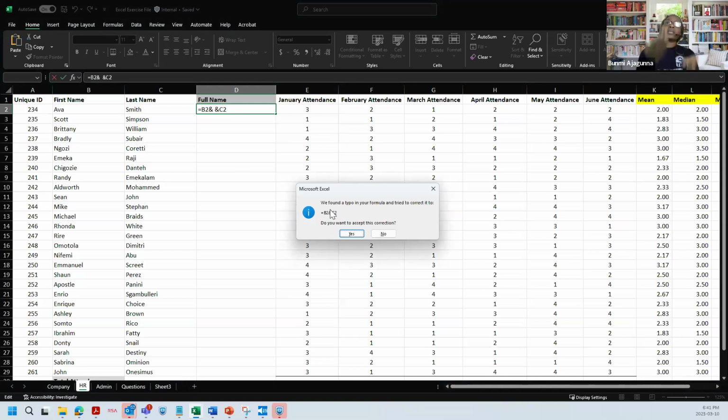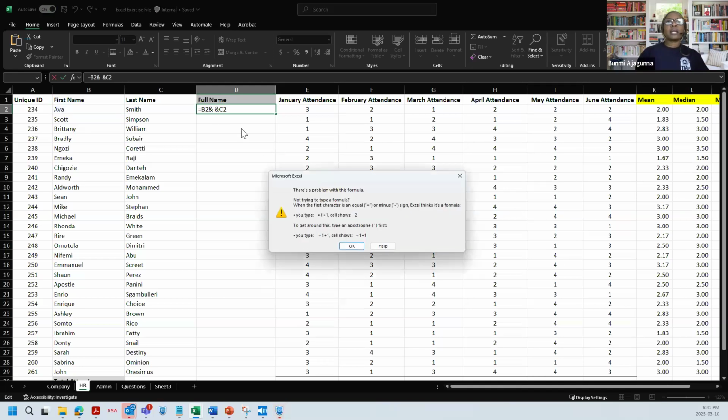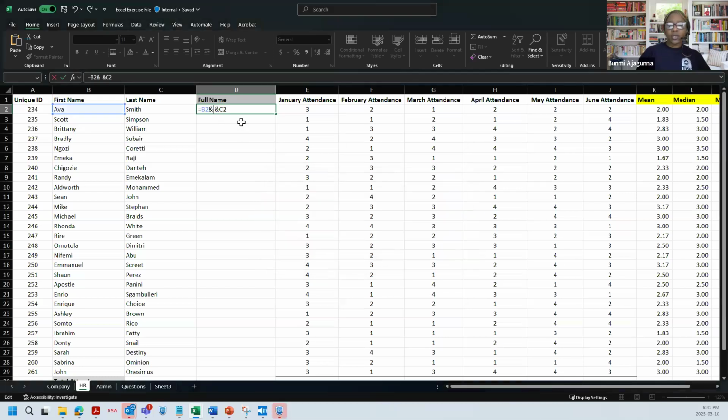It's always important to see what the resolution is before you say yes. And when you're seeing the resolution that Excel is giving you, you might find out, oh no, this is not what I want. It's because I missed the quotation. You first say no, you go back to your formula, this comes up and you say okay, and then you go fix it with the quotation in there. Another thing that you could do when you get an error like that and you're not sure what the result looks like is you go to the function bar.